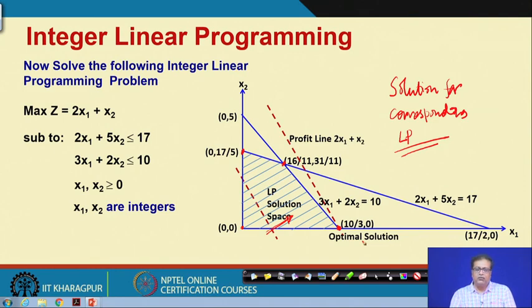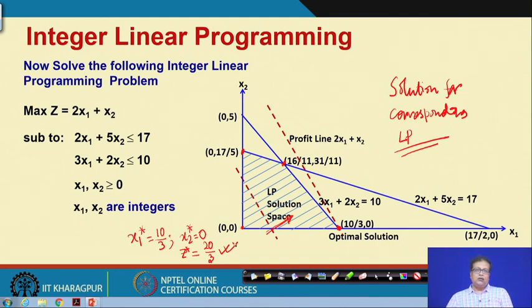All of this is very well known to all of you who have studied linear programming. So, our optimal solution will be 10 by 3, that is the x1 value, and 0, that is the x2 value. So, what is the optimal solution? x1 star equal to 10 by 3, x2 star equal to 0, and what will be the value of z star? 20 by 3, because 10 by 3 into 2 and 0 into 1. That is our optimal solution.